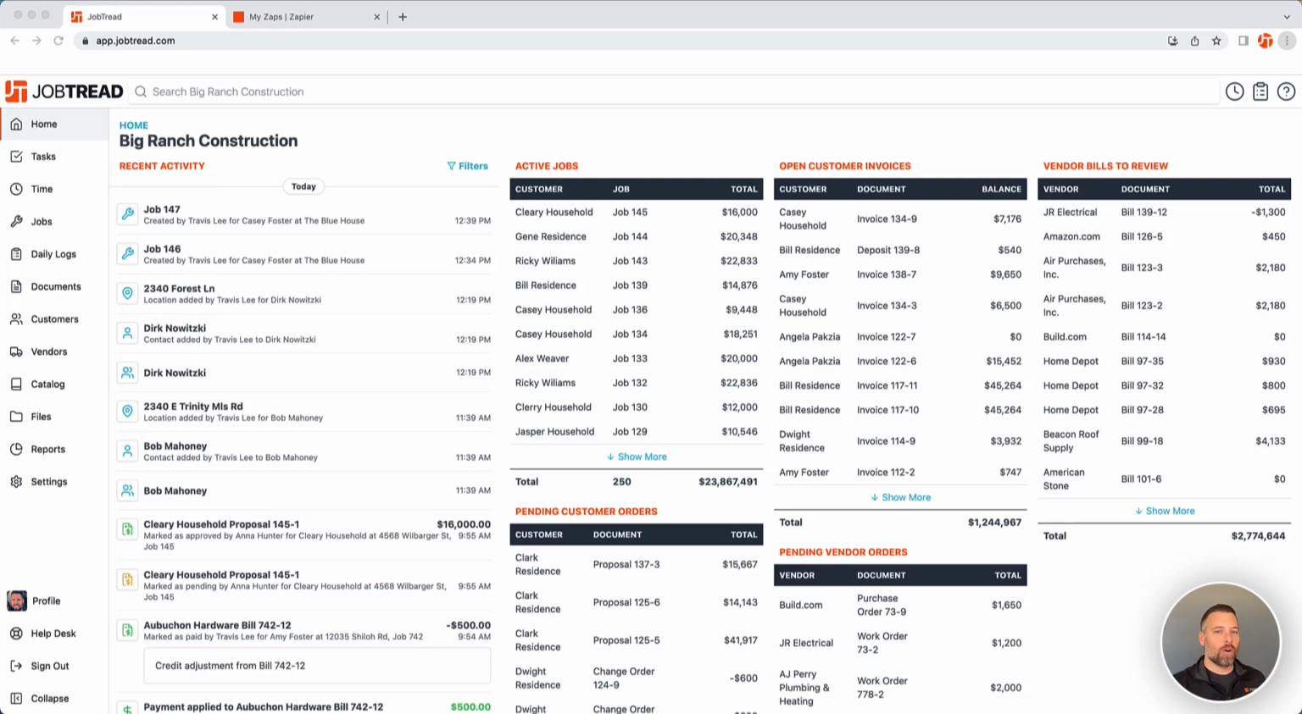Hello, today we're going to be walking through a really common question that we get: how do I have something happen in JobTread, whether it's a customer being updated or a job, and have that trigger an action over in Zapier. There's a million different use cases that you can think of for this, but let's take the example of a customer. If maybe you move them into a status called email drip campaign,